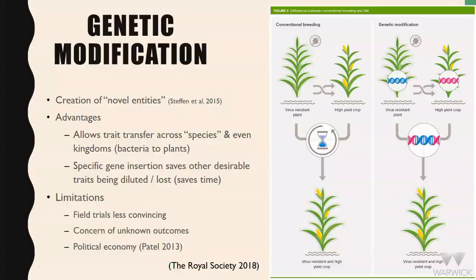According to the Royal Society, on a recent summary, they still feel like there are significant problems. So things work well in the lab, then you put these species in a field, they behave very differently for a whole variety of reasons. There is a scientifically grounded concern about other unintended outcomes, and of course, an extension of the political economy argument. How does this play into the evolution of food regimes and people's financial and economic power over their food and what they want to eat?